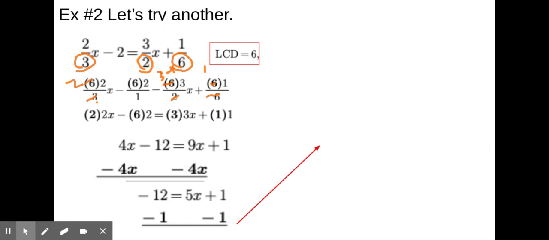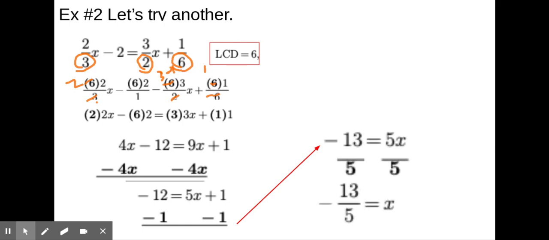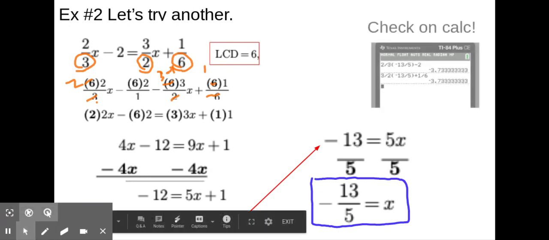Solve by subtracting 1 from both sides. Get negative 13 equals 5x, and when I divide by 5, I get negative 13 over 5. Again, I'm not going to bother changing that to a decimal. It's not necessary. All I need to do to check is to substitute it in parentheses